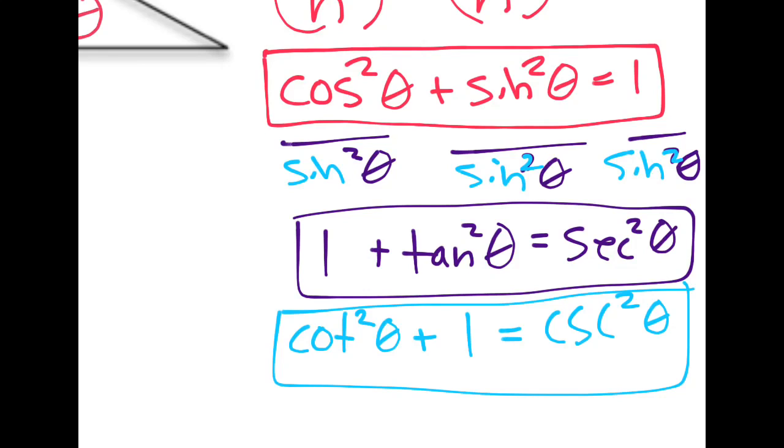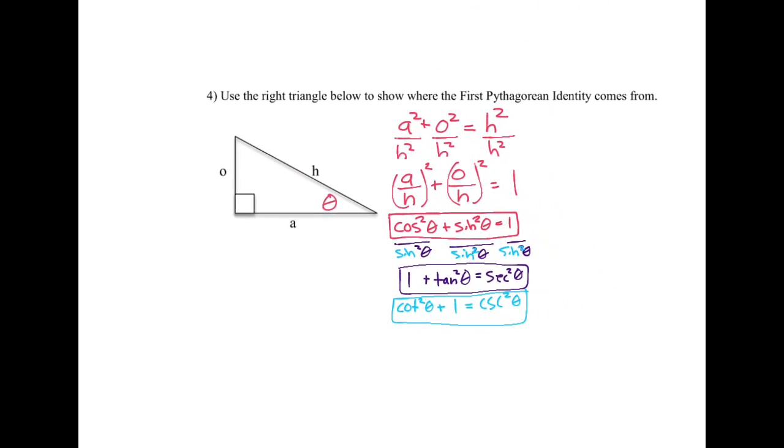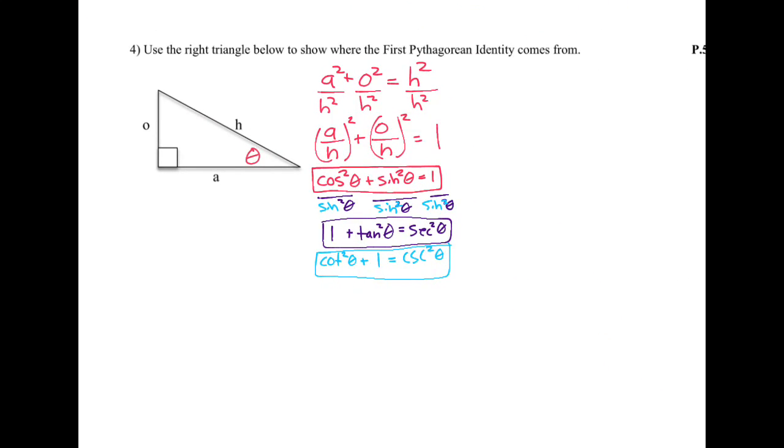and with each of these identities you can always rewrite them algebraically. Subtract cotan squared from both sides to get 1 equals cosecant squared minus cotan squared. Add secant squared to both sides and subtract 1 to get tan squared theta plus secant squared theta equals negative 1. I mean, you can manipulate them any way you want and then simplify things algebraically,